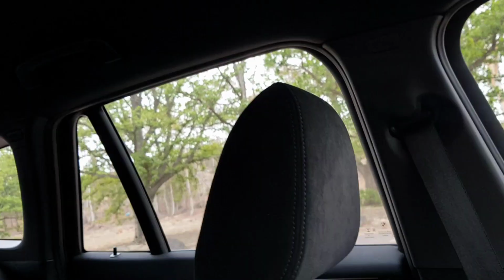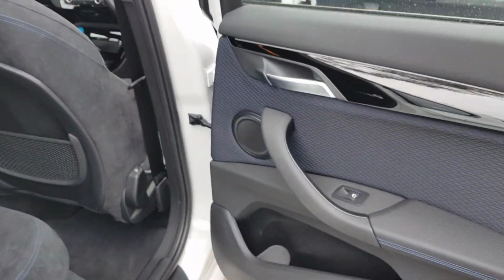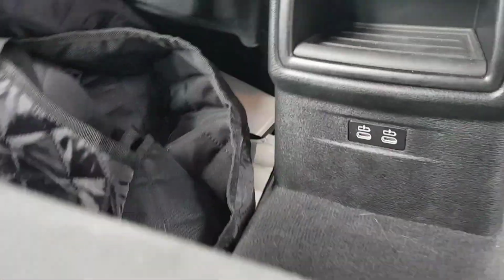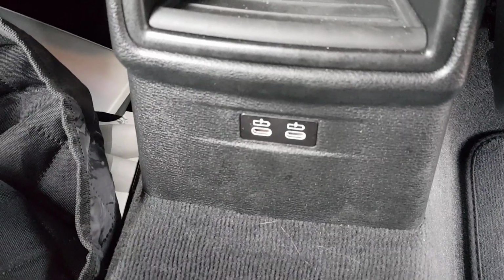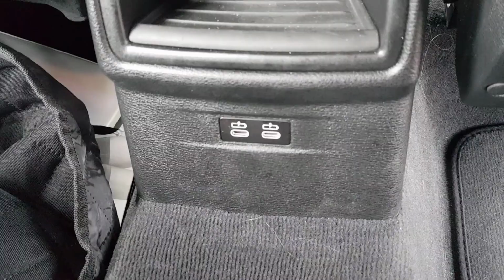Over into the back seat, as you can see, quite a nice and simple finish, not much room there, but let's go into the back. As you'd expect, big door bins to chuck in your big water bottle, but when we go further in, we can see there are USB slots there. Now that's USB-C, so you couldn't use a standard USB, you need the new USB-C, which the reason why USB-C is good is because you can put it in either way. That is, you don't have to worry about the cord being upside down,